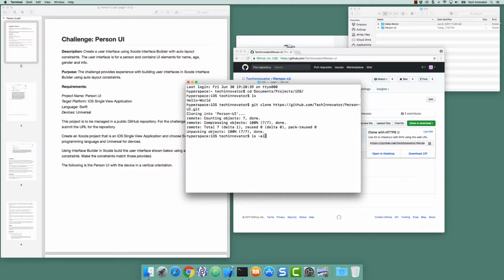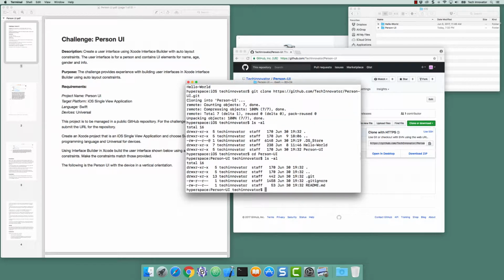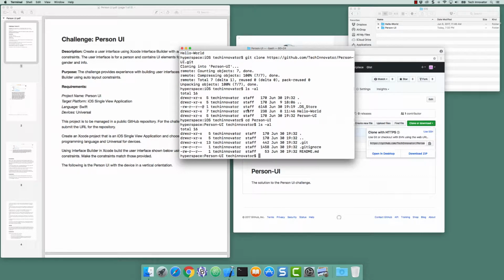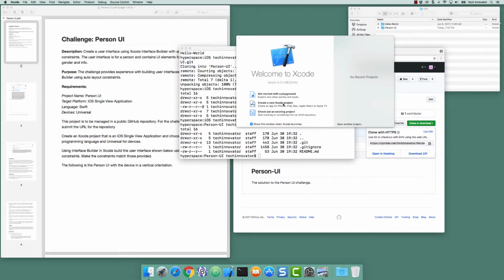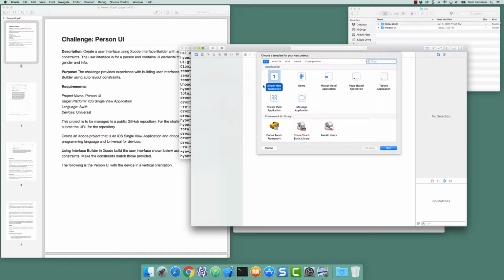And if I type ls -al, I now have the person-UI directory, which is where I have my Git repository project listed. So now I'm ready to create my Xcode project. So I'm going to say create new Xcode project. We are told to do an iOS single view application,